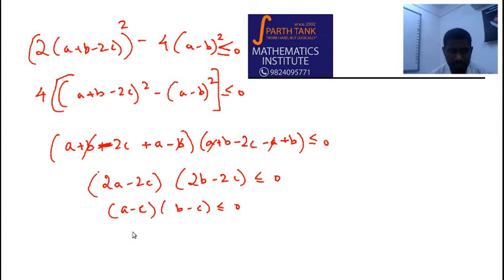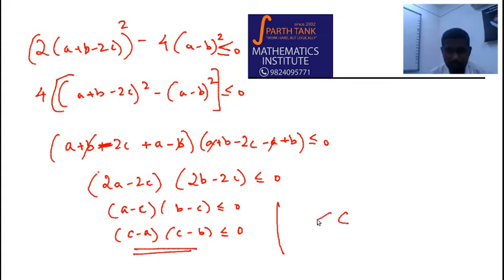Now if I change the sign here and write c minus a and change the sign here also c minus b, the sign of the inequality won't change because it becomes positive again. Now this is a quadratic equation in c, and what we can say is c has roots a and b, and since the quadratic inequality is less than 0, c has to be between a and b. That is, if a is less than b, it is like this, or c should be like this. It has to be between the region of a and b, right? This is the quadratic inequality in c.